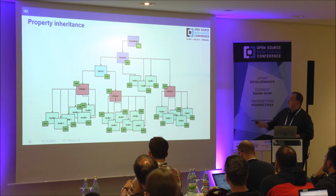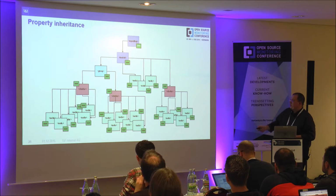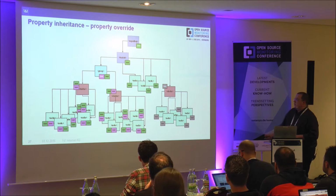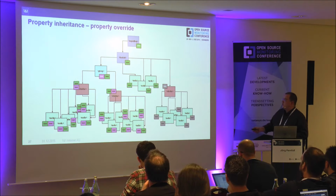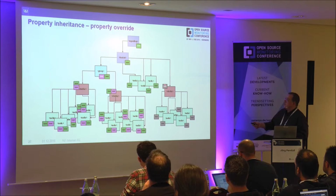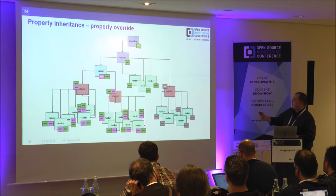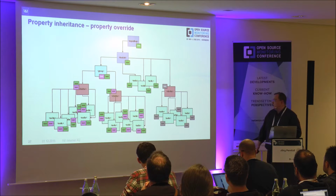And those you can attach to the tree, and the white one is the one that is user set, and then every object in the tree has it. You can add a second pink property that is then only visible in this part of the tree, and you can also, here is the gray one, and this one is actually overriding the green one, so in this part of the tree the green property doesn't exist, but instead you have the gray property, which is the same key as the green property but a different value. And this allows